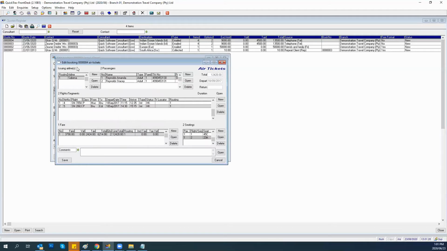Okay. Once you've captured all the air ticket information, simply click on save. Just a quick note, you can put in some comments. So comments under the air tickets will be directly underneath the air ticket comments. So I'm going to type in